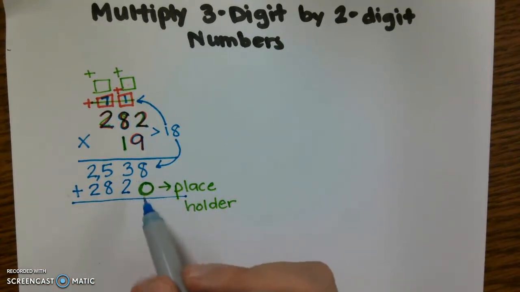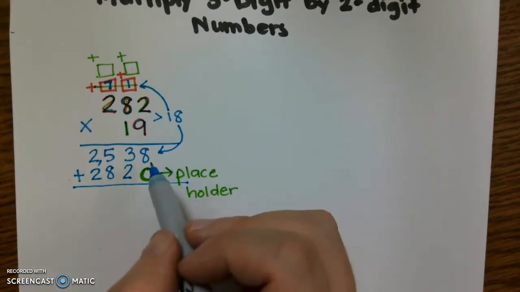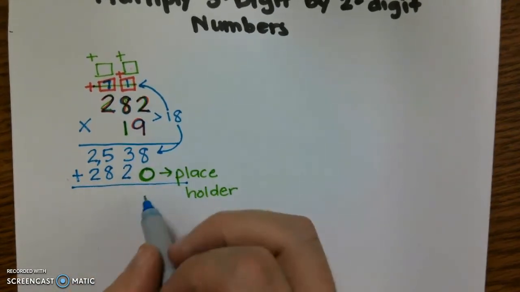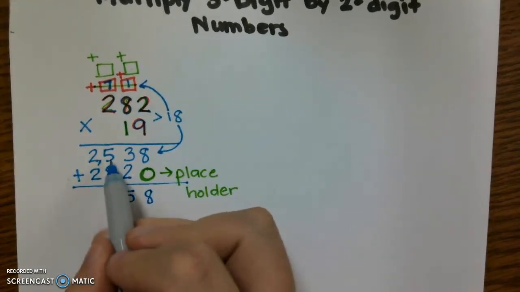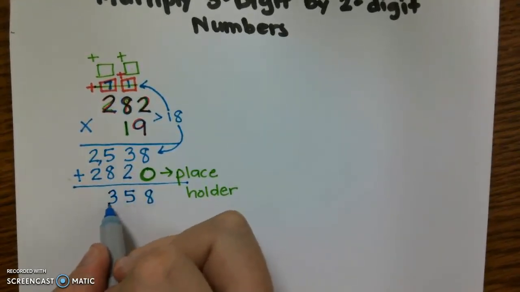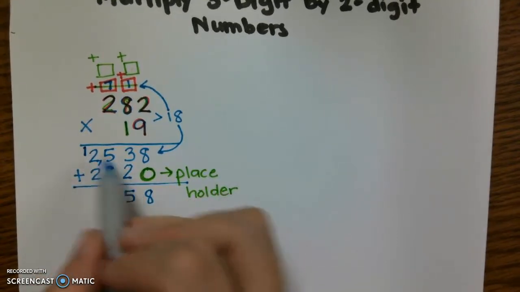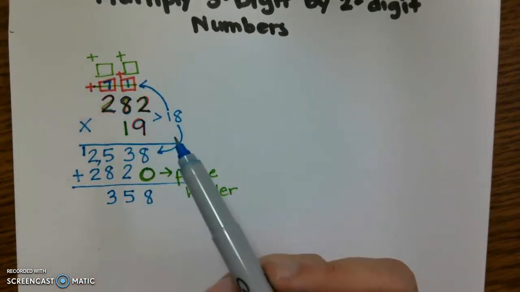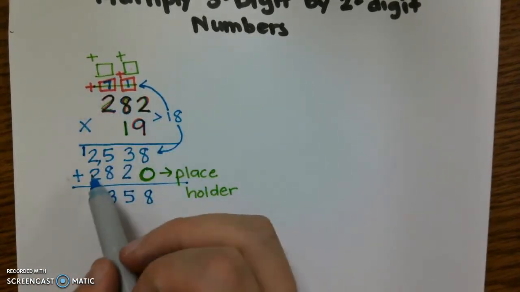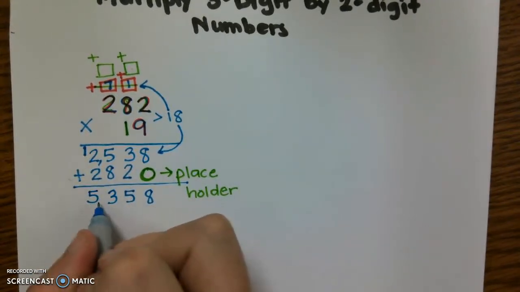Now I can add these two partial products to get my end product, or my total product. So 8 plus 0 is 8. 3 plus 2 is 5. 5 plus 8 is 13, but I carry or regroup my 1 only in the addition portion. I don't regroup it all the way up here because I've already done my multiplication. I'm down here to the adding. 2 plus 2 is 4, but plus this 1 is 5. So my end product is